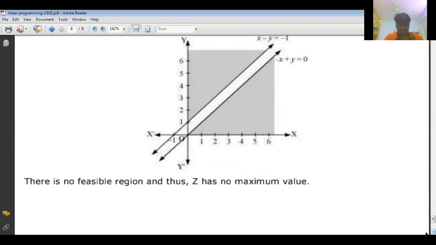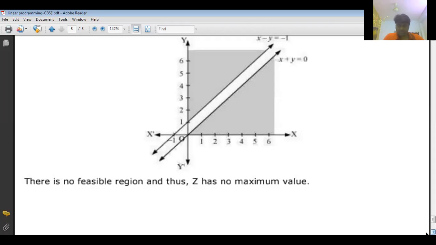To solve any problem, the first 4 steps are important. The first step is to try to understand the given problem, whether maximize or minimize is given, and whether less than or equal to or greater than or equal to is given, upward or downward. You have to understand all these things from the first look. The second step is to write the given question, so we have to maximize so and so function with respect to these constraints.